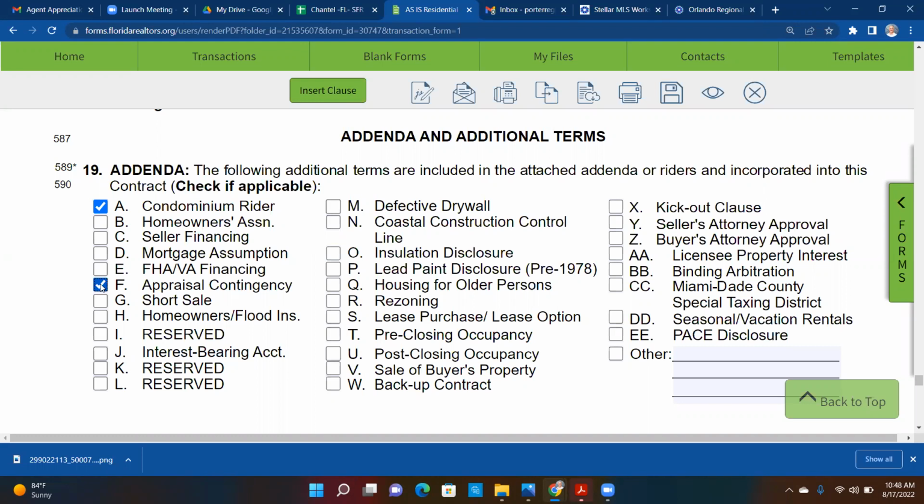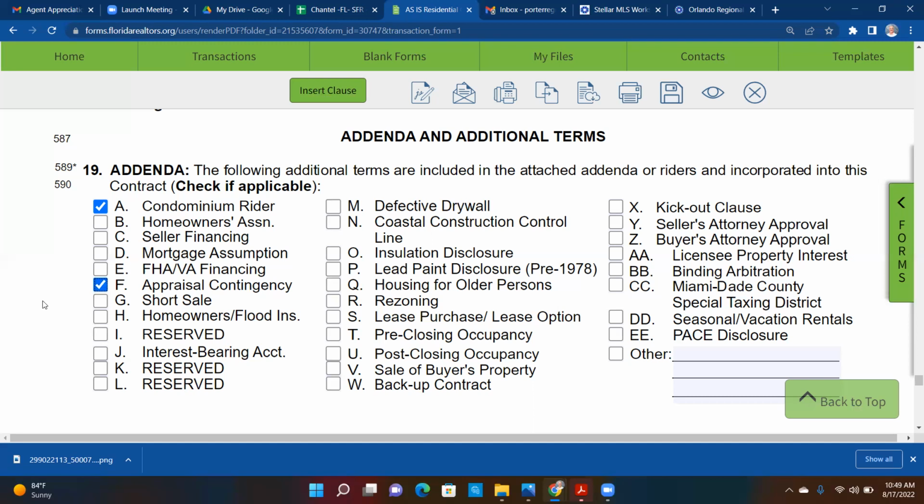I just had it with one of my own transactions where the buyer checked this box, didn't turn in the appraisal contingency, and was arguing with me because she had a letter from Keller Williams stating that it was an appraisal gap thing, and it was a special addendum just for the appraisal gap. And I'm like, that's great. And it also says the property must appraise and everything like that. But I'm like, but that's not addendum F. You're saying addendum F is there and it's part of this contract, but it's not, because you didn't submit it,